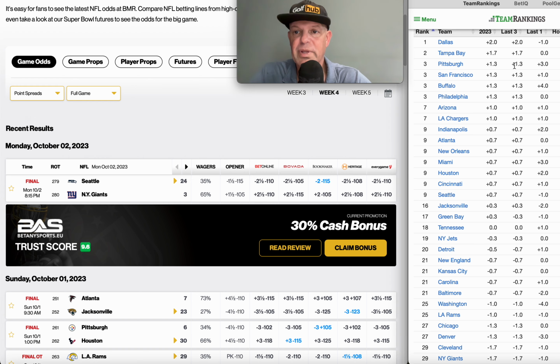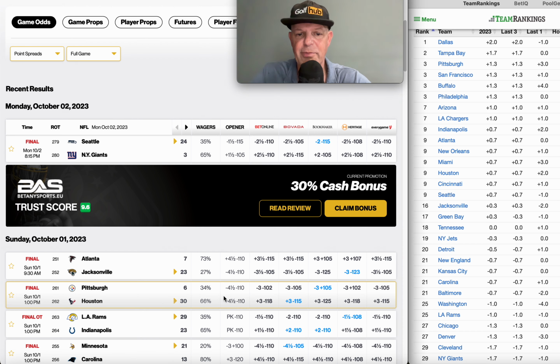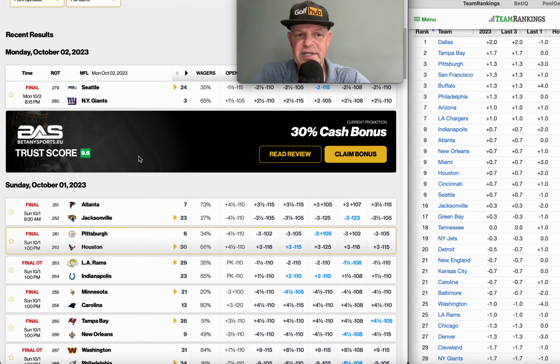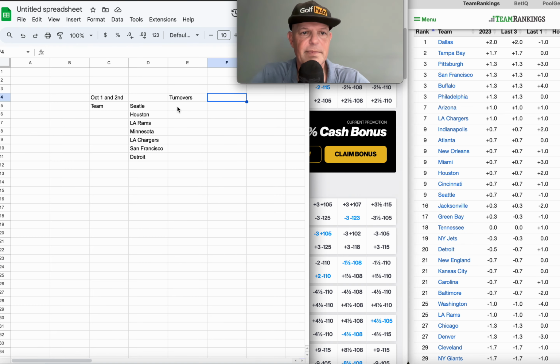There's Pittsburgh plus 1.3, Houston 0.7. So that one did not correlate, which means Pittsburgh had the better turnover margin but ended up losing the game. So Houston, where the line movement moved in its favor, that particular game, did not correlate. Let's look at Rams, and I got a tracker over here. Let me pull this up. Yeah, so Seattle, that one won. Houston lost. And let's look at the Rams